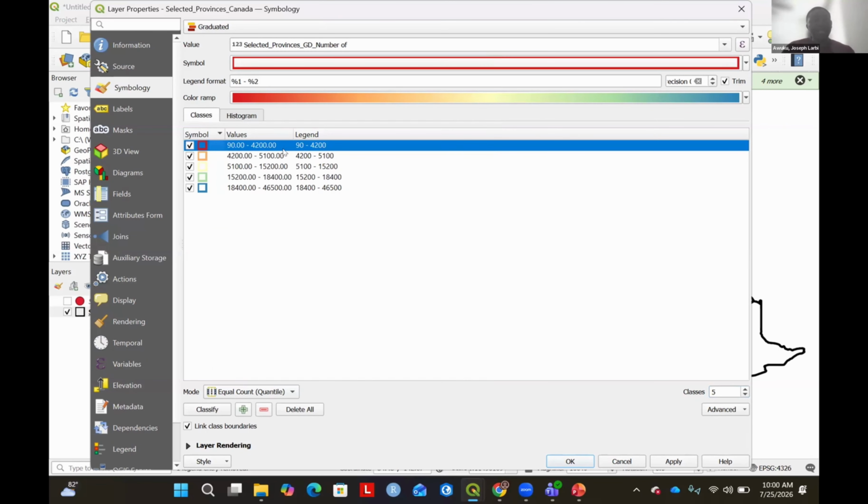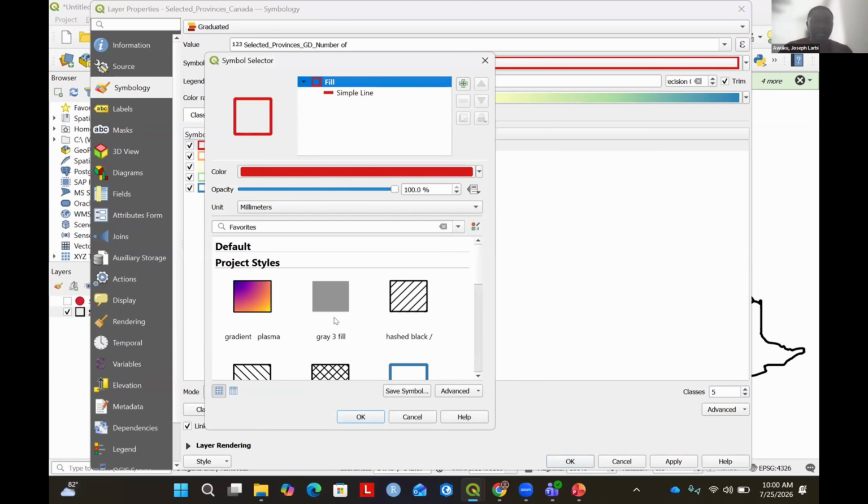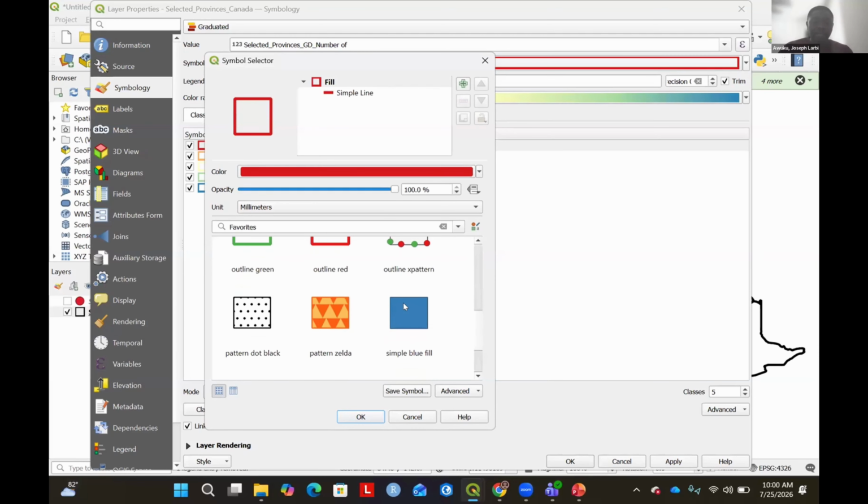Usually I use red for something that is quite high, and then I use blue colors for something that is low. That is my preference, so you can change that as you want. Instead of using red for the low colors, I would use something that is, say, a blue. Then I would pick a simple blue fill, and we can reduce the transparency, so we can go with, say, 50. Yeah, that is too light, so instead of 50, let's do, say, maybe